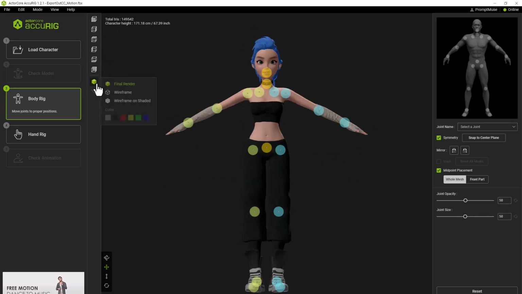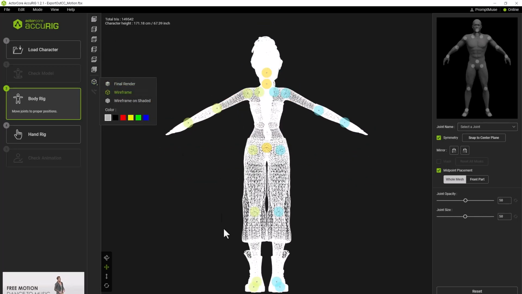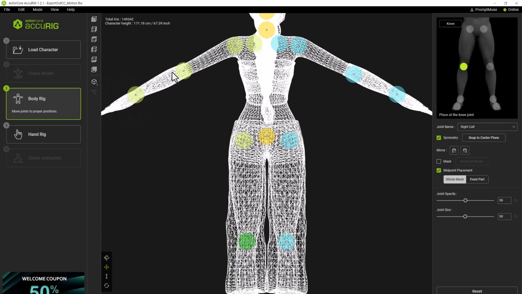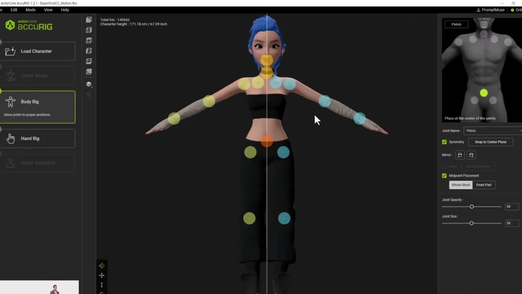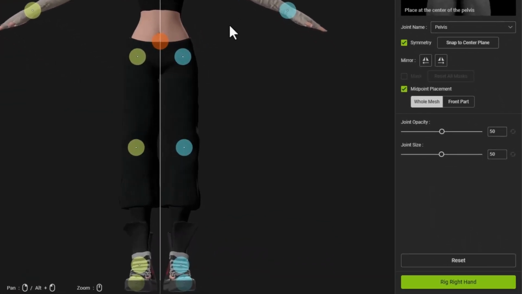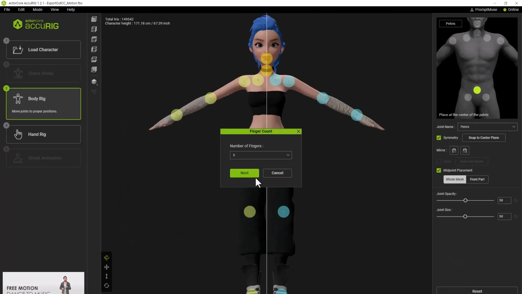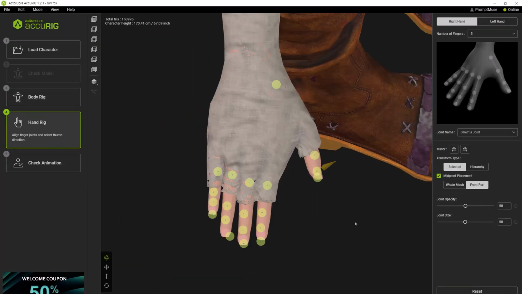If you click on this 3D colored cube, you can switch to wireframe mode, which makes it loads easier to position the joints on places such as elbows and knees. Once you're happy with all the placements of your guides, just come down to the bottom right hand corner and click rig right hand. We've got 5 fingers and we're going to click next,